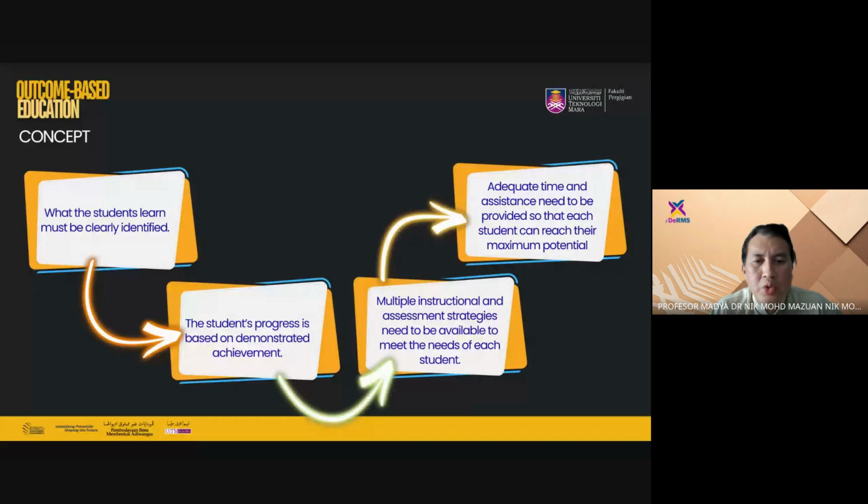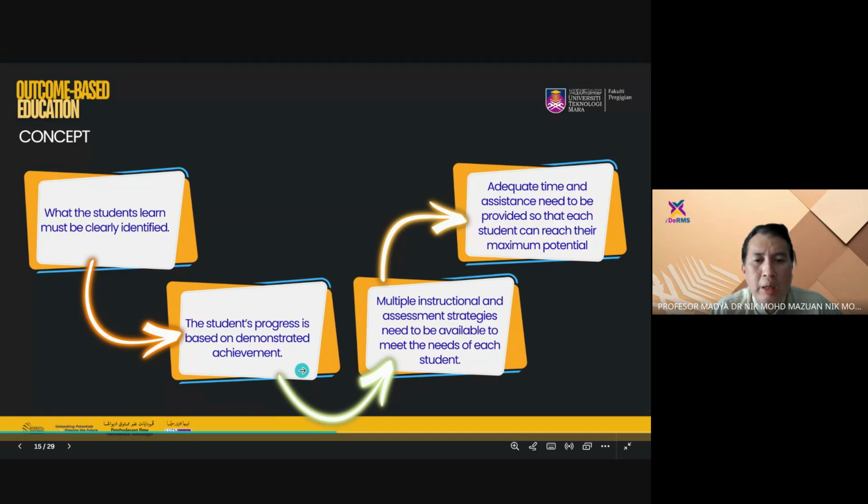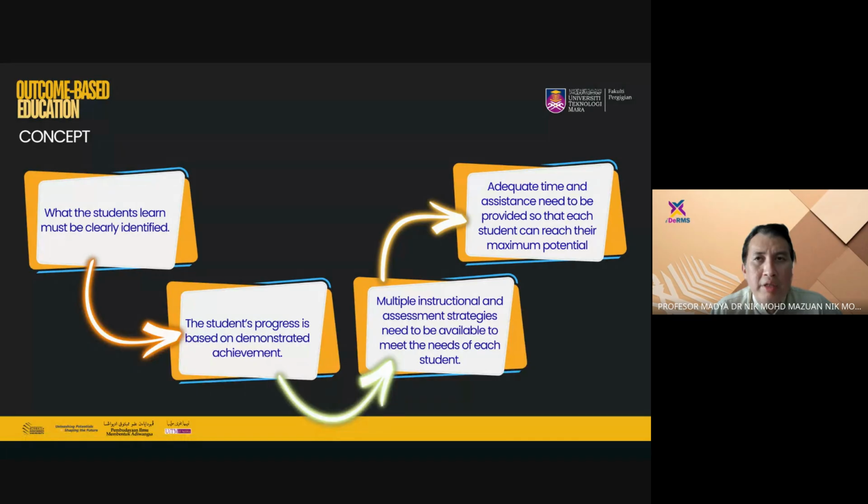All right. And then the students' progress is based on demonstrated achievement. So you are encouraged to monitor their progress by several means. For example, in clinic, we can see their logbooks, we can print out the progress report, and see what they have done. And in the class seminars, we can see how they perform in every activity. So this is part of it. Our faculty has what we call mentor-mentee, so you can also monitor from there as well.